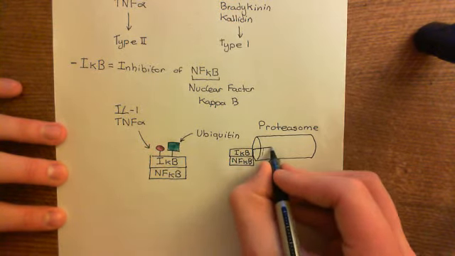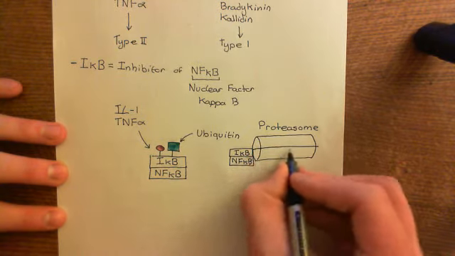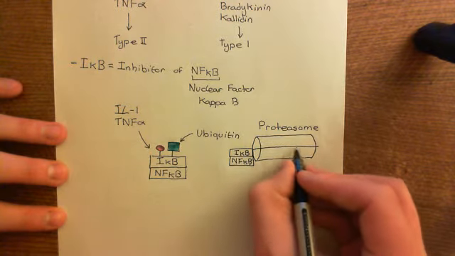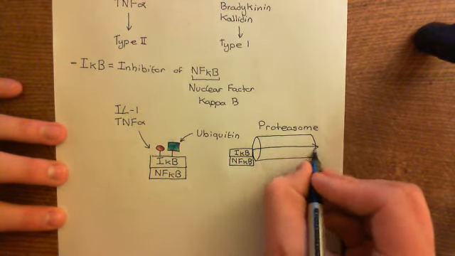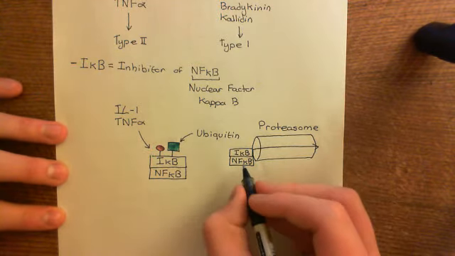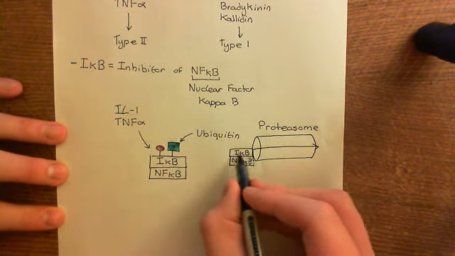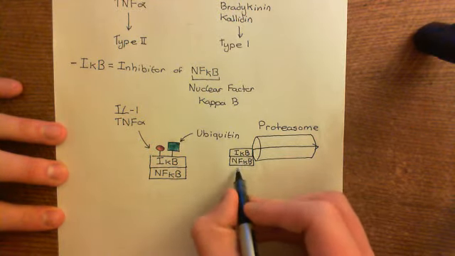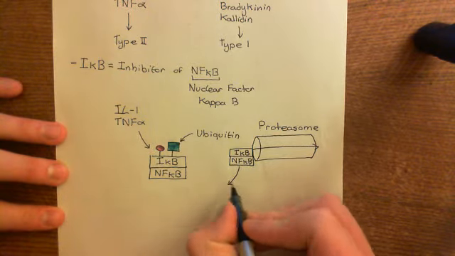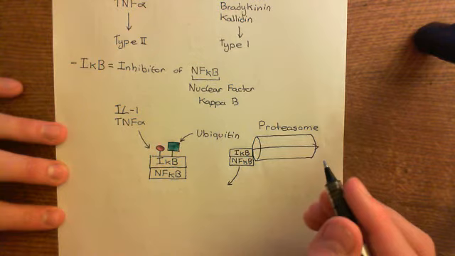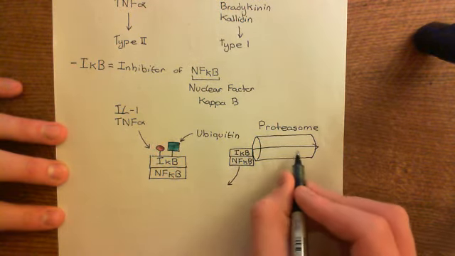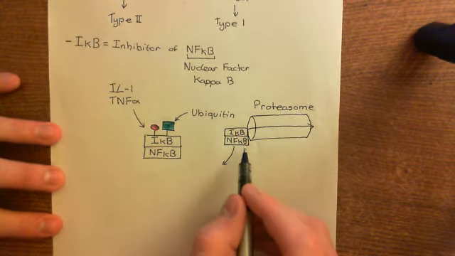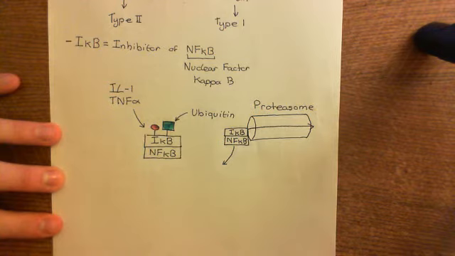Now this protein is gradually going to be unwound. It's going to have its tertiary structure broken into pieces, and it's going to be pulled through this proteasome, and then in the proteasome it'll be chopped up into pieces. Eventually you will pull so much of the inhibitor of NF-kappa B in that it will lose its binding site to the NF-kappa B, and then the NF-kappa B will be free. It'll be liberated and it will go off, so it doesn't get pulled through as well. So NF-kappa B is then free in the cytoplasm, and it will go off to the nucleus and